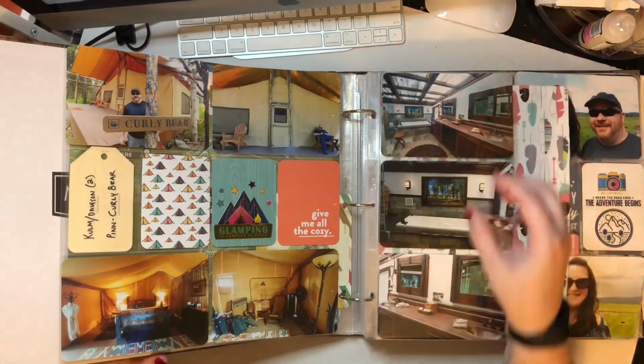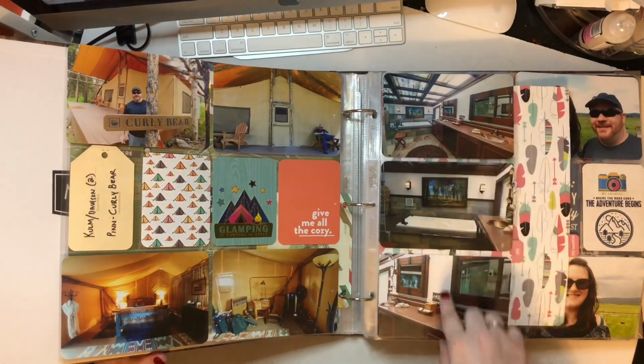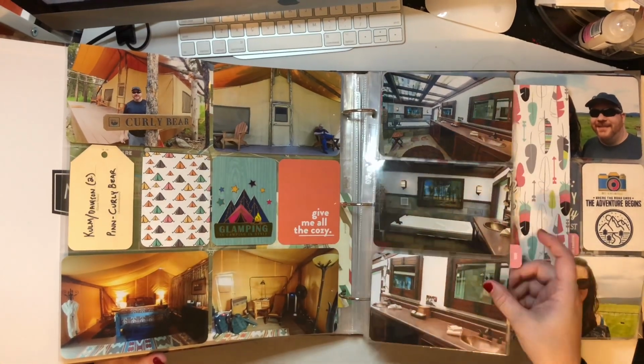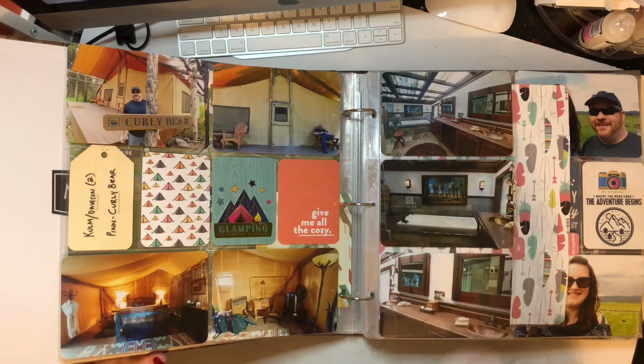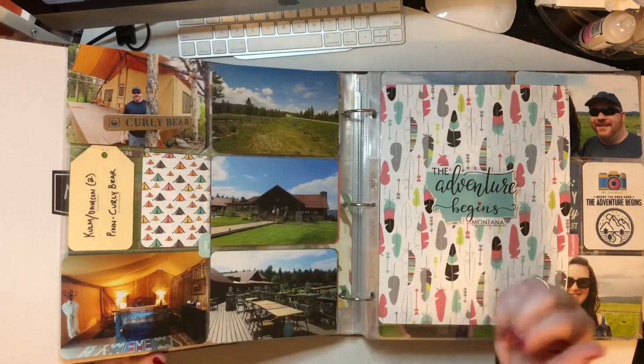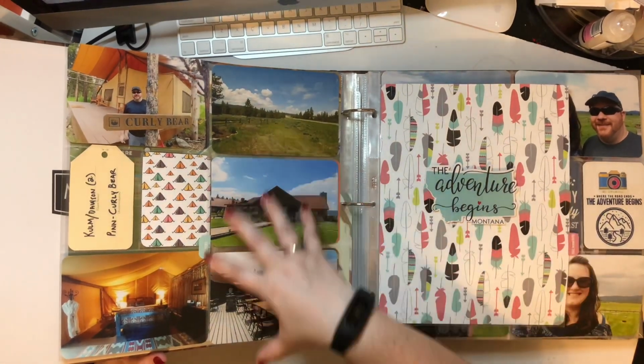So this was super luxurious camping. Our bathroom had heated floors and it was connected to the tent. It was pretty crazy. A lot of celebrities actually stayed there. In fact, Tyra Banks was there while we were there, staying in another campground. So some shots of the main camp area